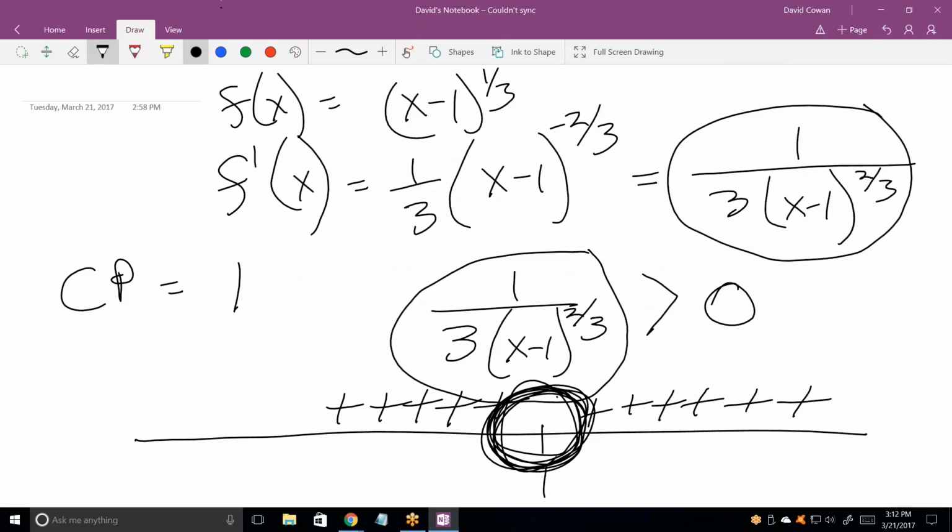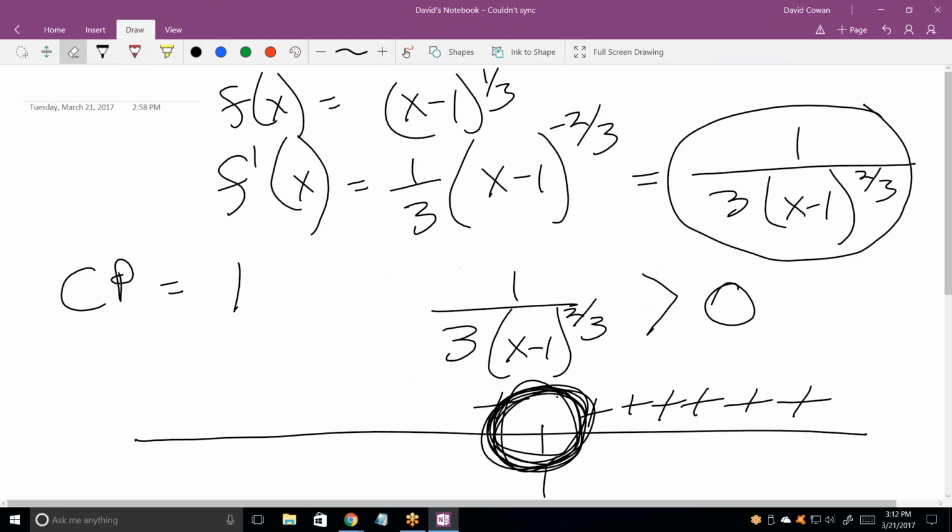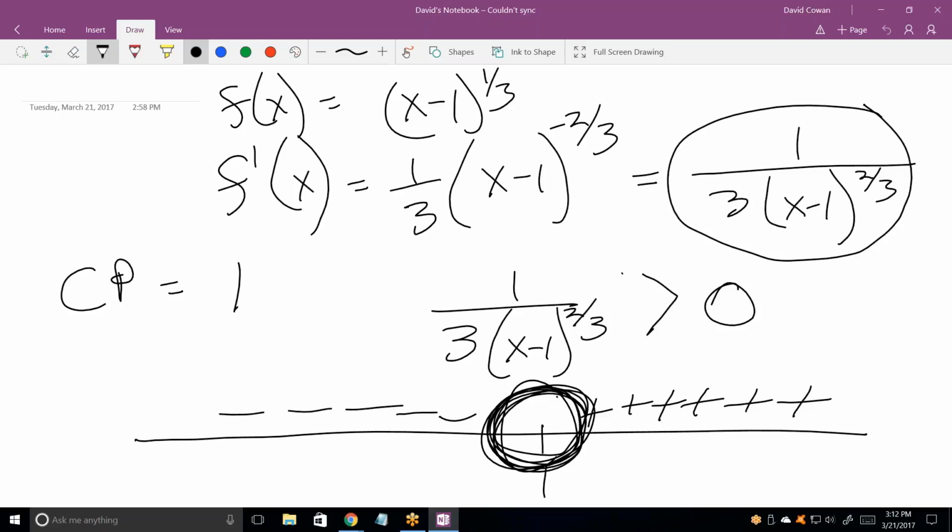In other words, let's forget this. Clearly, when I graphed this, these were all negative, not positive. So when x is negative or less than 1, this is a negative number. Somehow. I'm not sure how. Because when you take the cube root of a negative number, you get a negative number, and when you square it, you get a positive number. So to my way of thinking, this should always be positive, but it doesn't look like it when I graph